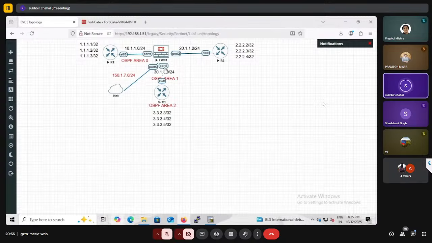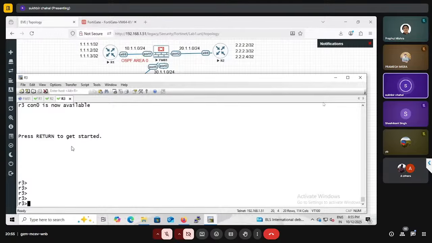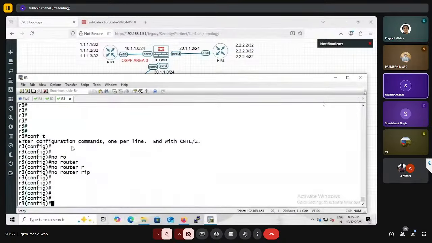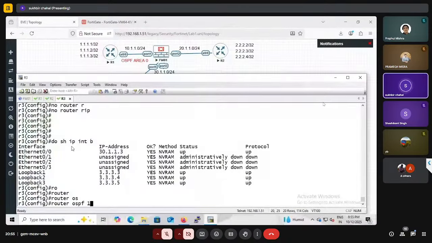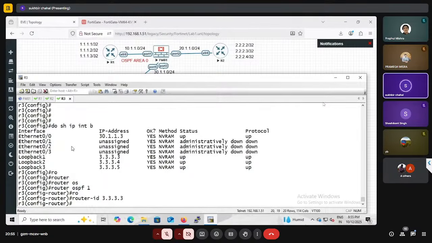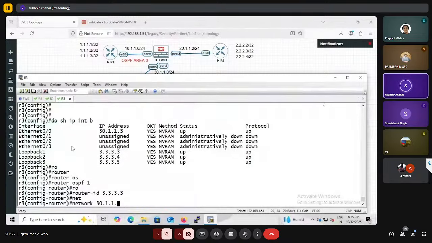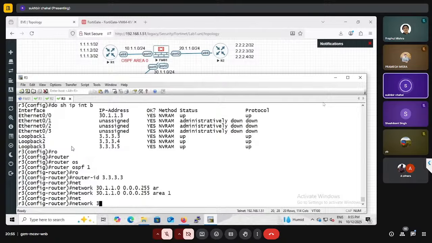Now I'm going to work with area 1 on R3. Let's configure R3 first. On R3, I'm going to configure both the areas, guys. Now if you check with show ip interface brief, I have three loopbacks and the 30 network. I will configure router ospf with the same process ID. You can configure the router ID yourself. Now I'm giving the network command for the 30 network first, with the wildcard mask and area 1. And now I'm giving it for the loopback of 3